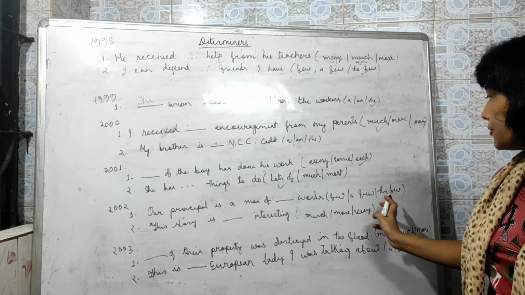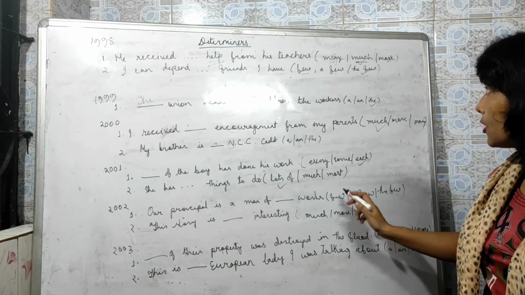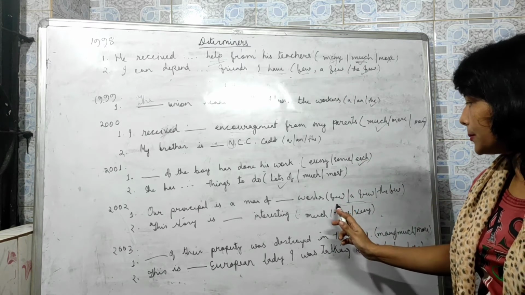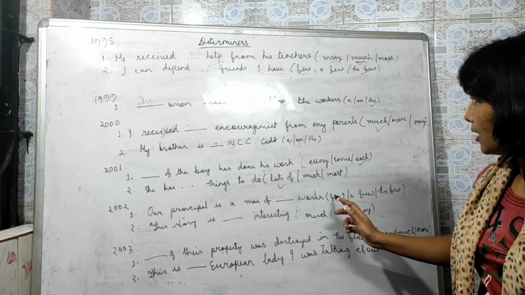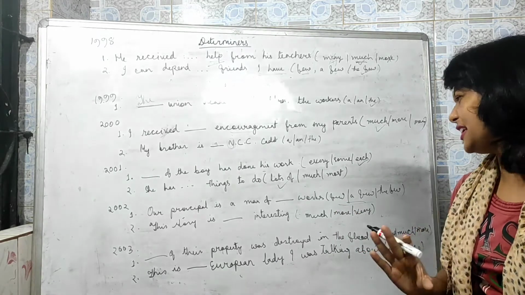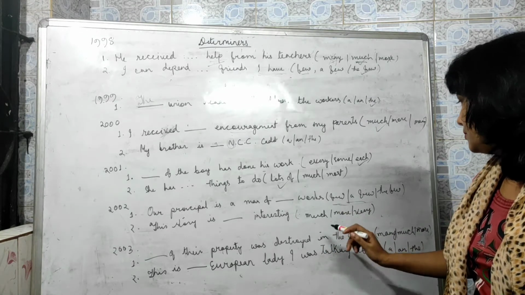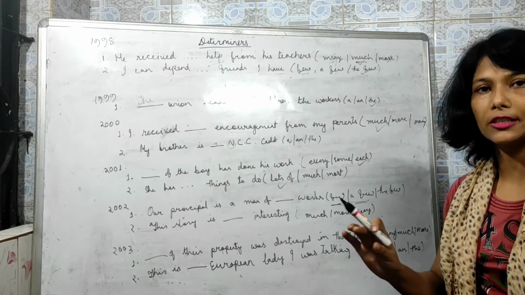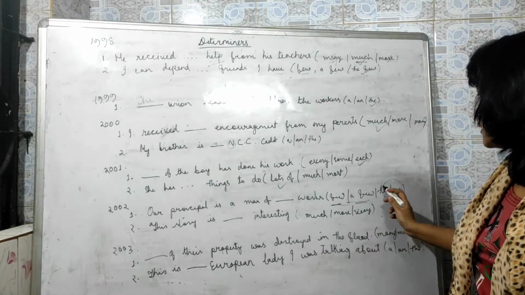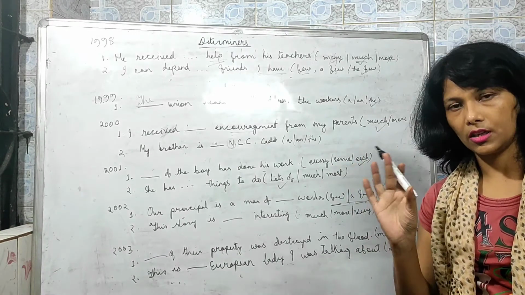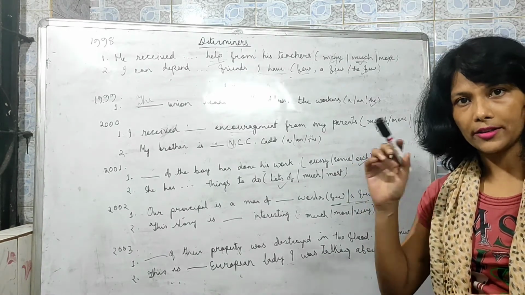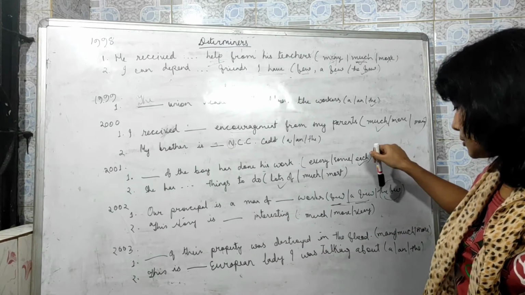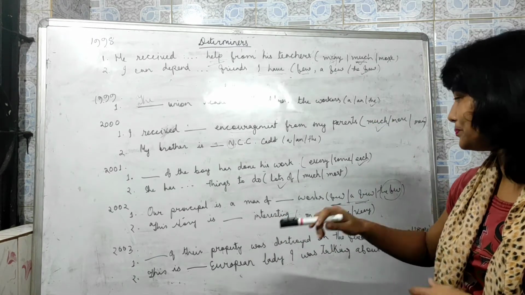So few, a few, the few. The uses of the little, few are almost same. Few means very less. A few means very less. Few means almost none. The few you are using for particular friends. So here in this case, particular, not friends, particular thing.